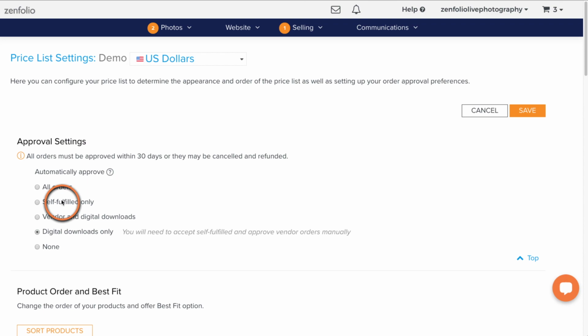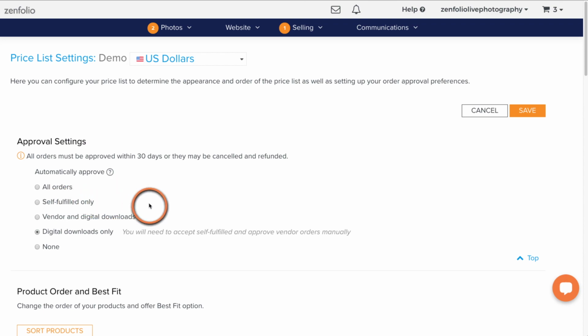Now, the benefit of approving your orders is you can see if your clients are cropping the photos. You can review the way that they cropped it. If a client makes a mistake on an order, if they contact you 2 minutes after they place the order and say, oh my gosh, I ordered the wrong photo, can you help me? If you haven't approved that order yet, you can go in there and change things and fix things before it goes to the lab.